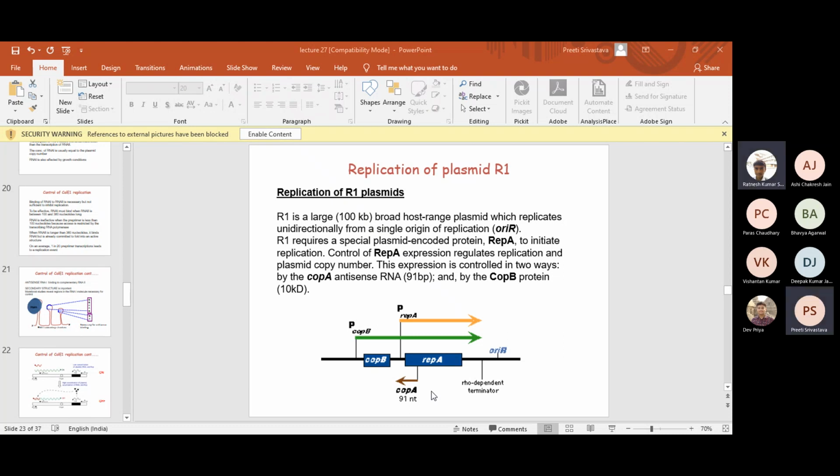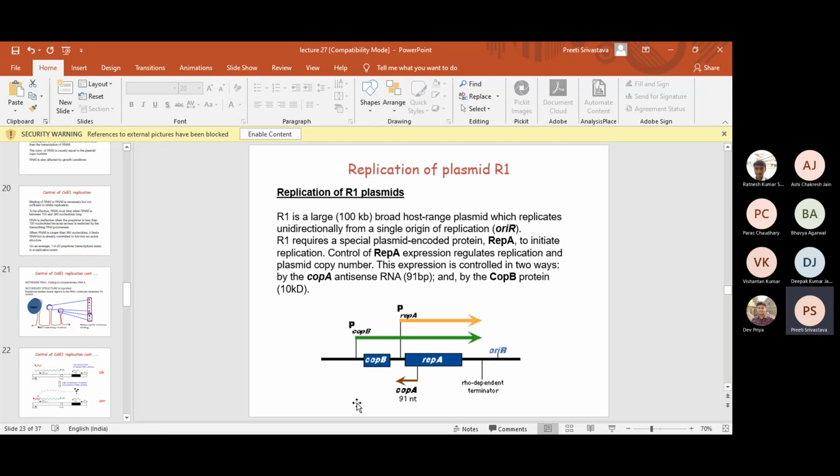Right. So replication, whether it's transcription, whether it's translation, it has to be regulated. Regulation is one of the important features of all the fundamental mechanisms, whether it is cell division, whether it is partition, whether it is termination, every step is regulated.